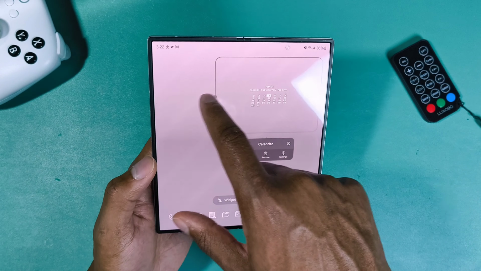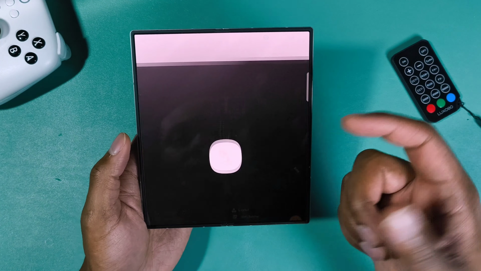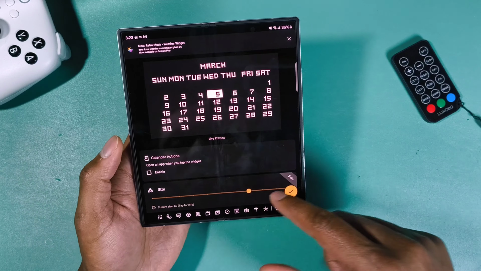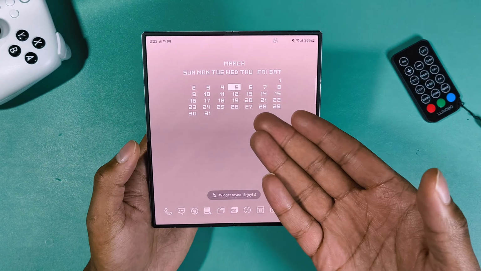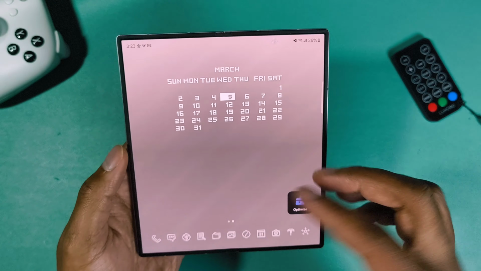So this is the calendar widget. You can adjust the size. As you can see, it's still small. So if I tap and hold, go to settings, I can increase the size of the calendar. So now I have this cool looking, 8-bit kind of style calendar, and it just fits the theme of the